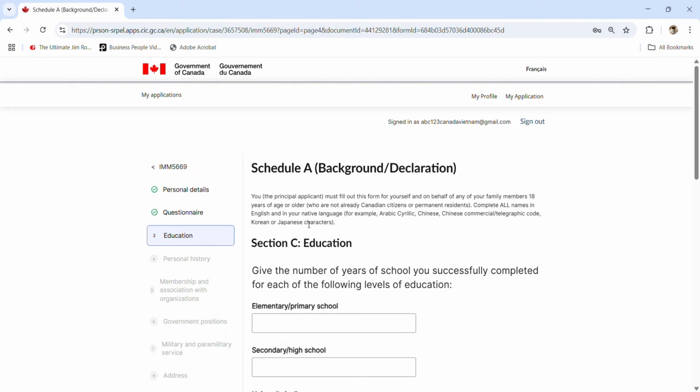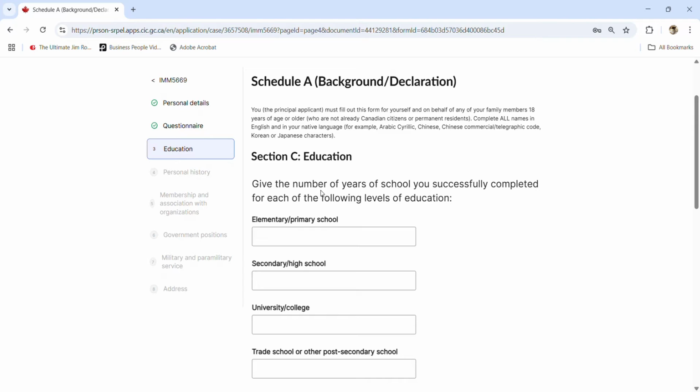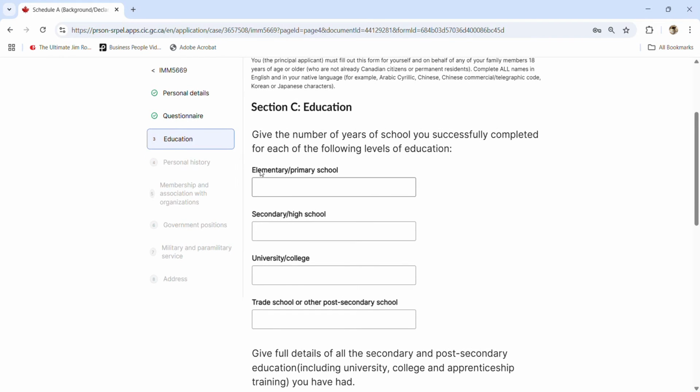Okay, so here is section C, the education. In here, you have to give the number of years of school that you successfully completed for each of the following levels of education. Okay, in here they have the elementary school, high school, university or college or trade school or other post-secondary school. Okay, so in the case of John Smith, he's just completed a few years in elementary